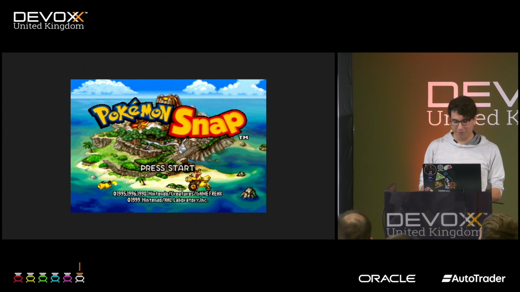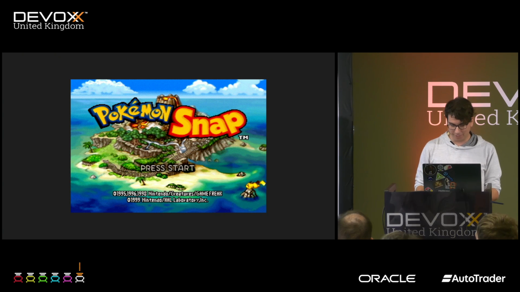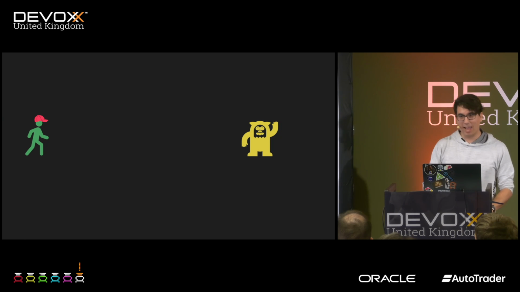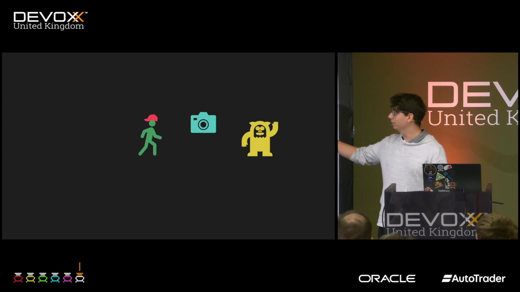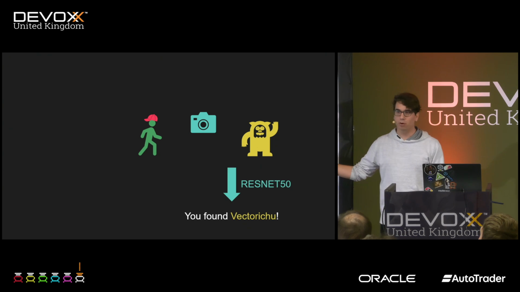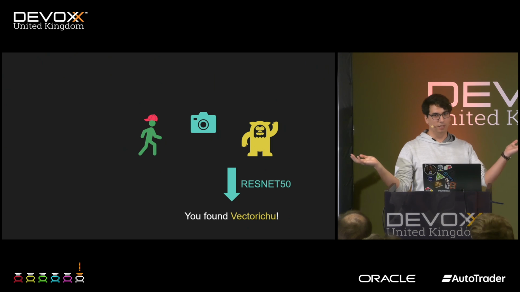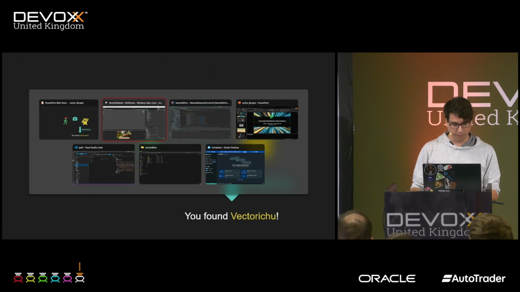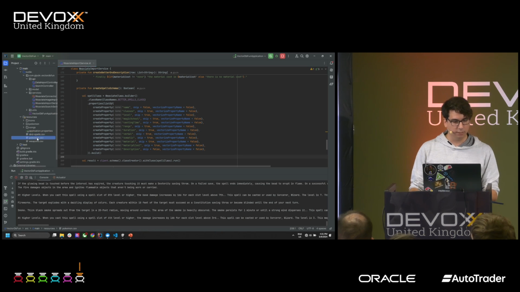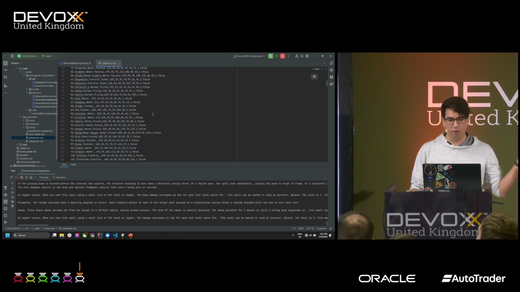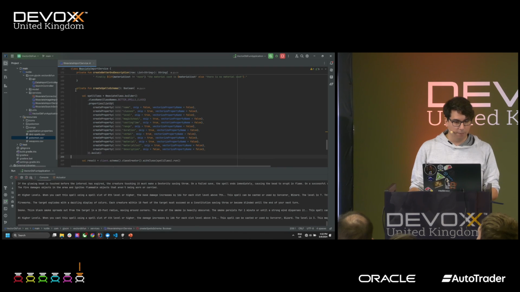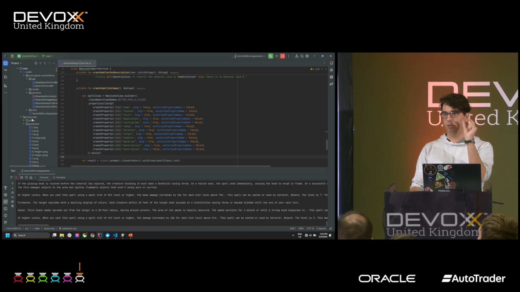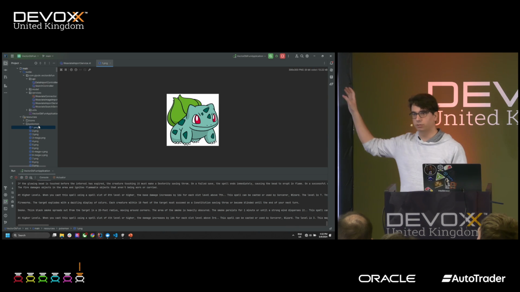So obviously we're going to recreate it, with fear of being sued by Nintendo. We have Ash walking around, and he flips his hat because that is what he does. Then we're going to take a picture of a Pokemon that we see and hopefully find the Pokemon in our database. If you look at our datasets, I have a CSV with all the Pokemon, mostly for the number, because I was interested in the number of the Pokemon. And then I have these icons for each Pokemon.